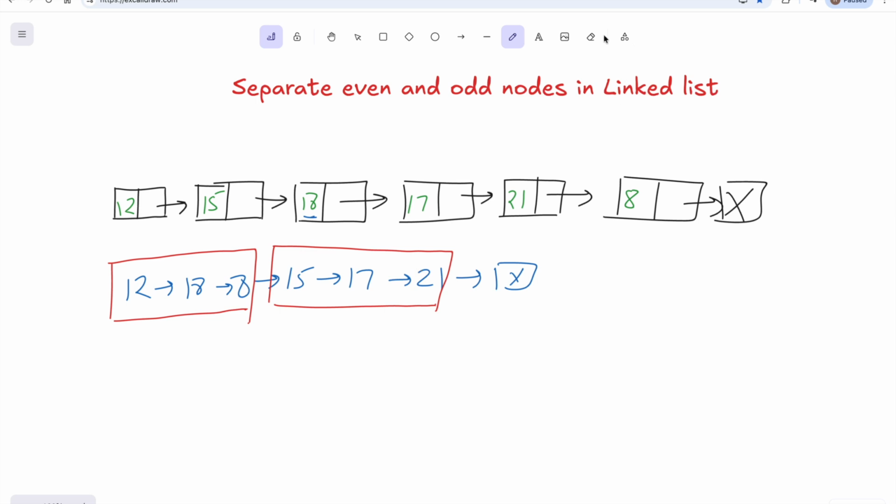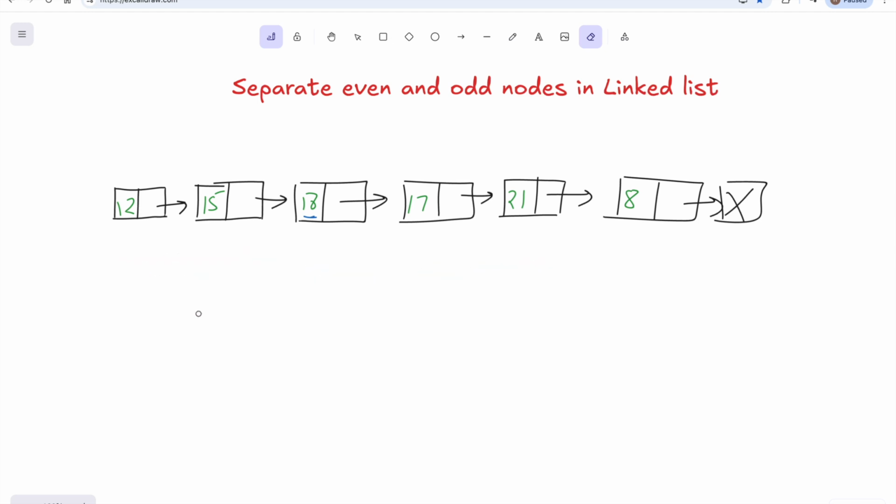So let me tell you one way: we can keep some pointers to track these even and odd nodes. To solve this particular question, we can keep 4 pointers, and in the beginning, those 4 pointers will be initialized with null only.